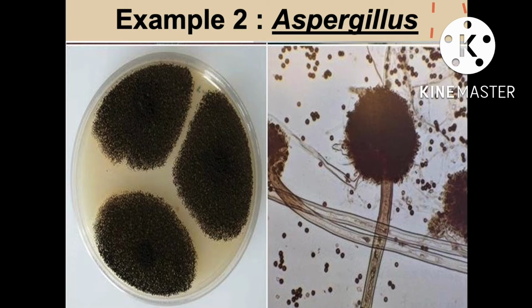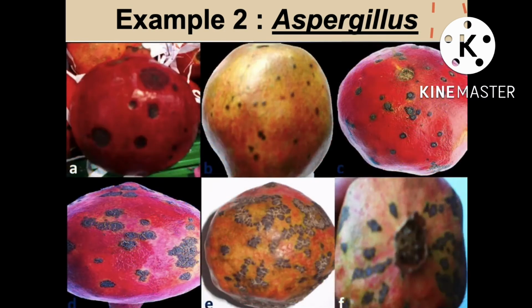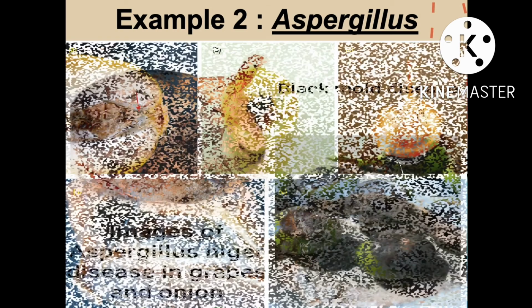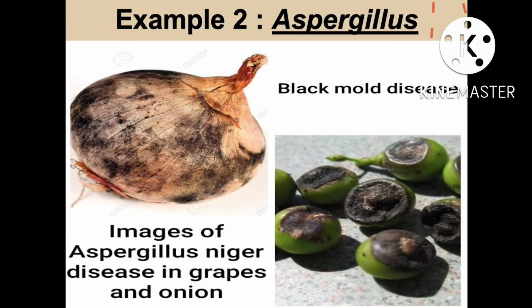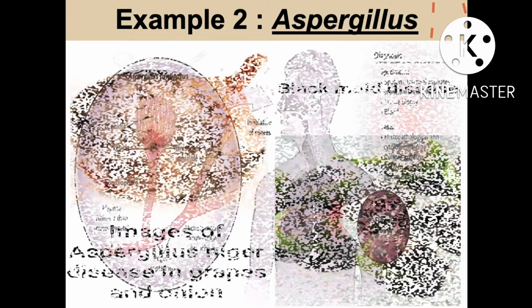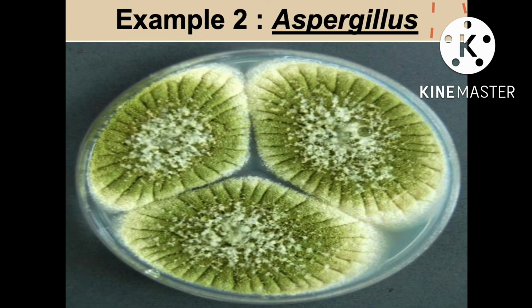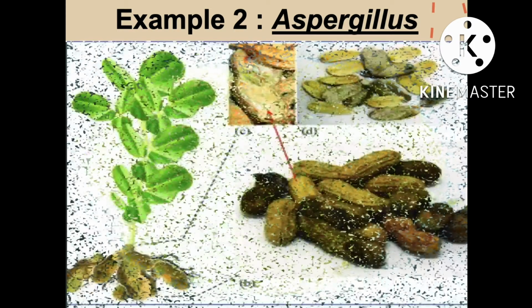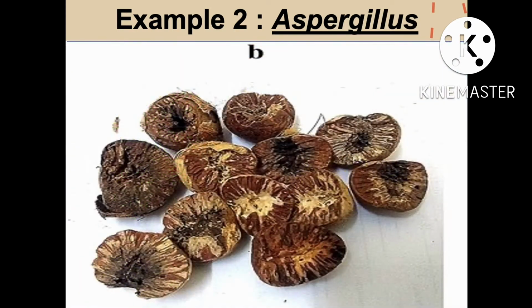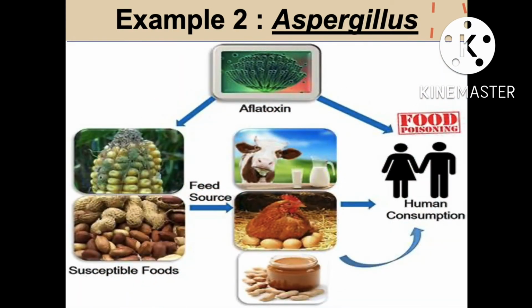It causes rotting of apples, pomegranates, figs, cigars, tobacco, onion, etc. A few species are parasites and cause disease. Aspergillus fumigatus causes pulmonary aspergillosis and ear infection. Aspergillus flavus contaminates dry foodstuffs such as ground nuts, areca nuts, etc. The fungus produces aflatoxins, which are carcinogenic and may cause cancer in human beings.